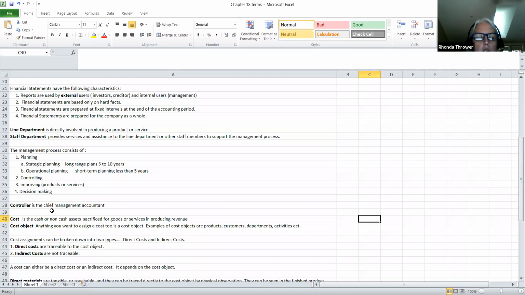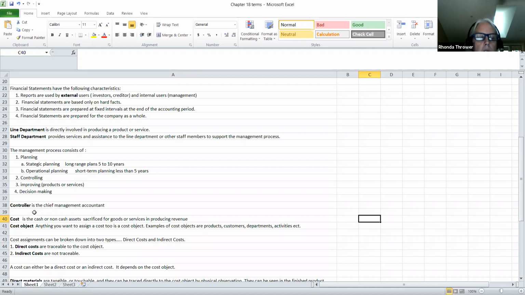Another term that is mentioned in this chapter is the controller. And the controller is going to be the chief management accountant. So this is the accountant who's going to be responsible for preparing reports that are inside of the company. They would be responsible for preparing budgets. They would be responsible for looking at ledger accounts and making sure that data is recorded properly. But the controller is what we call the chief management accountant. That's the one who is overall